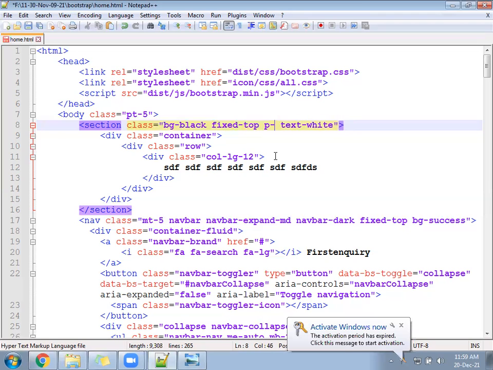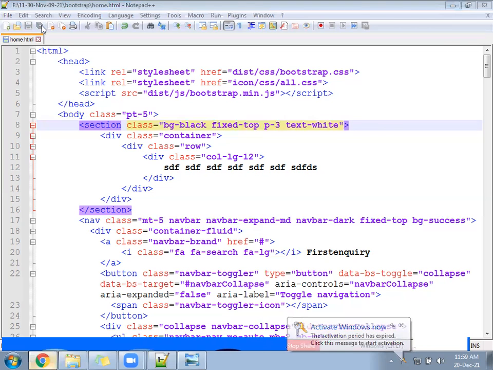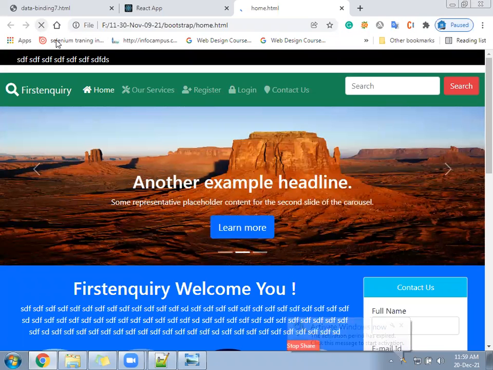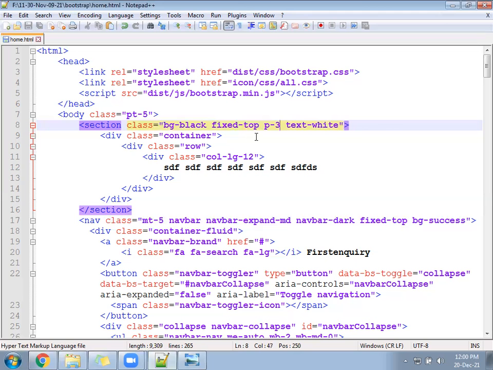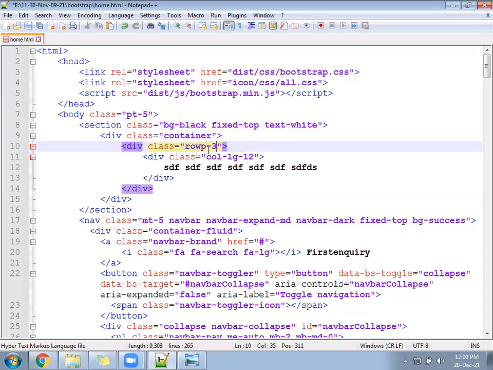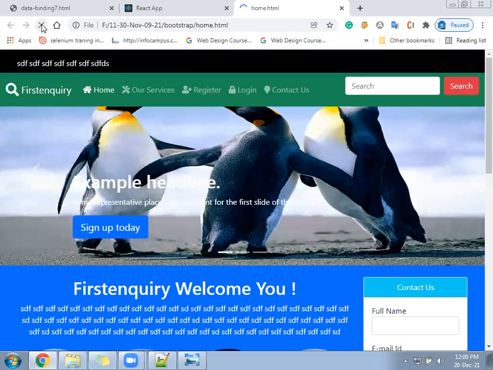P3, what was it saying? Let me not write the p3 here. If I write p3 for the row class, what will happen? For the row, if you write p3, padding 3, still it is down only.